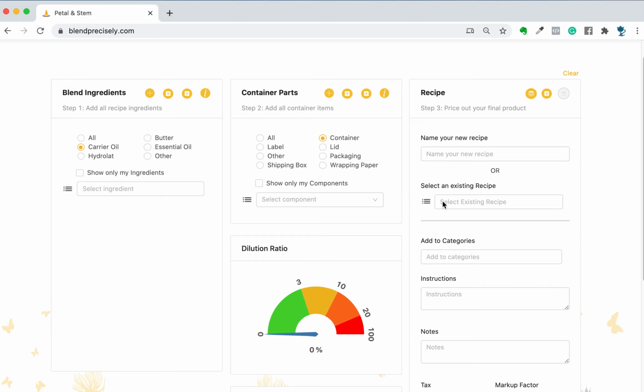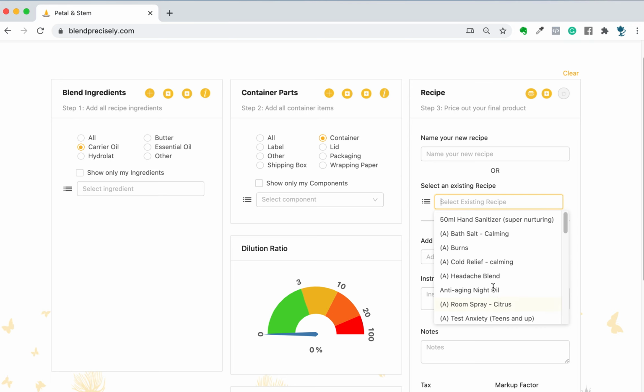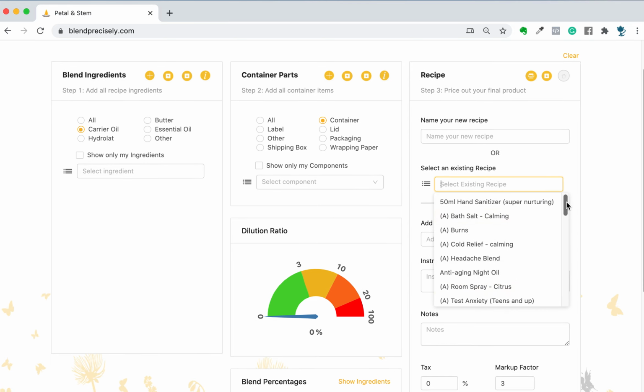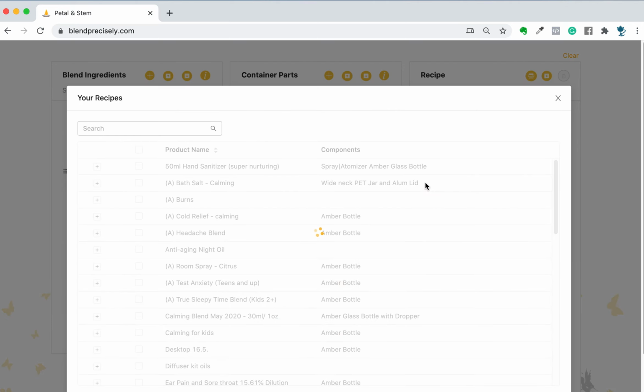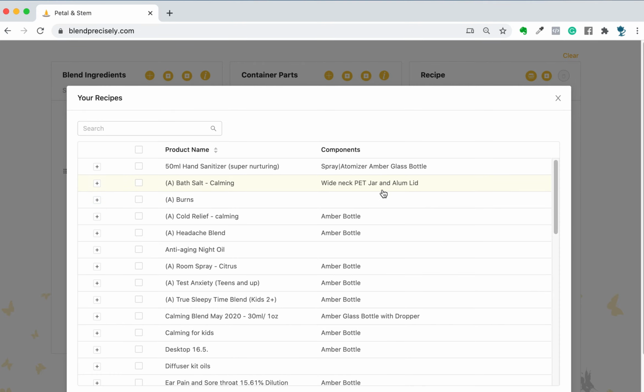You do have the option to just use the automated filling in section here and searching for the recipe. But if you don't know the name and you have a ton of recipes, you might as well use the hamburger. And I'm not even sure why it's called hamburger. It's a terrible name if you're a health nut freak, but that is what it's called in the software world,